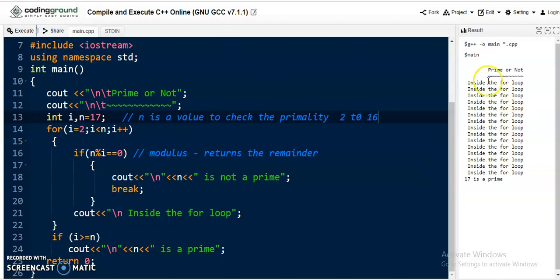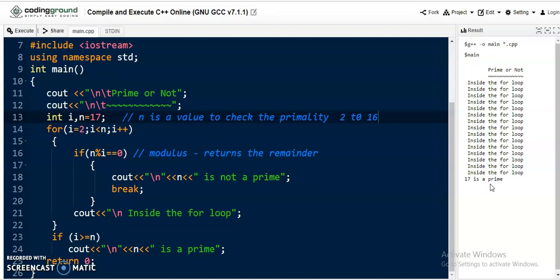Just count how many times the loop is executed: 3, 6, 9, 12, 15. So it executes 15 times, and only then does it say 17 is a prime.